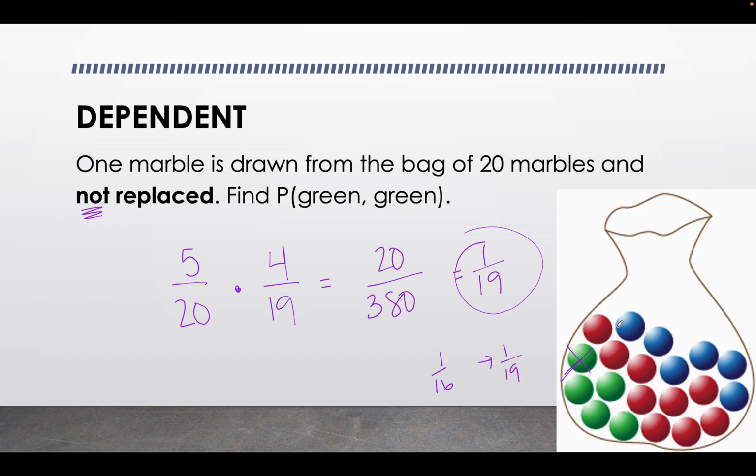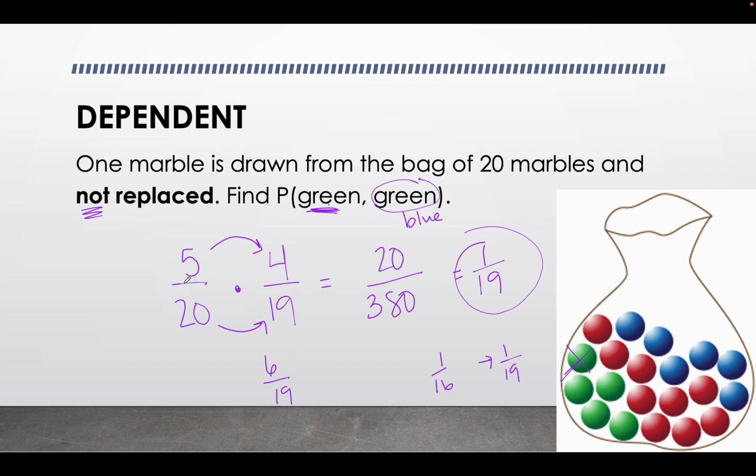If it was a different color that wasn't green, then it would make my chance of picking green the second time increase. But since the first one I picked was green, that will lower the chance of picking a green slightly. But you can see how not replacing it changes the problem. In this case, because green was picked first, I have 1 less green and I also have 1 less total. If I had picked green first and then we were asking for, say, blue the second time, the total number of blues, being 6, doesn't change, but the total number of marbles would still reduce to 19.